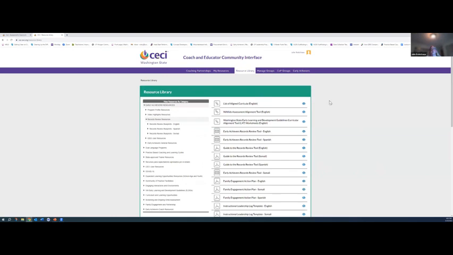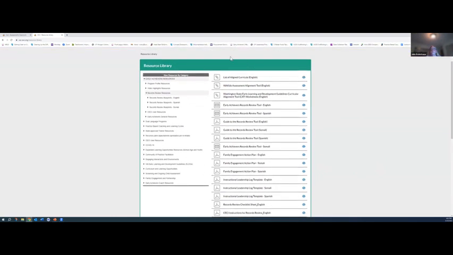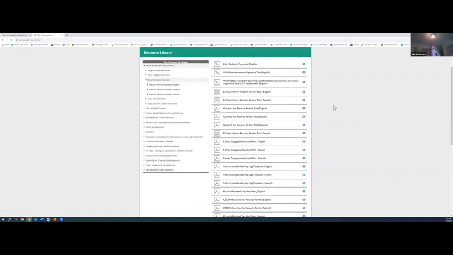So I just wanted to show that in CC, in the resource library, there are a lot of resources available for records review. Some of these were put individually in the chat, but these are available in CC, and I believe a lot of them are also available in Schoology.